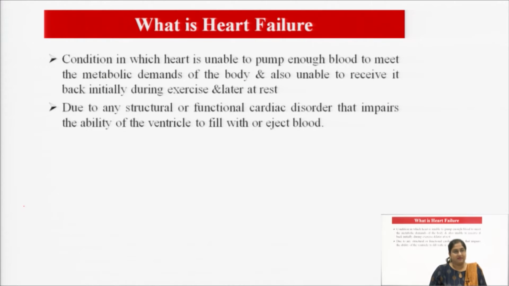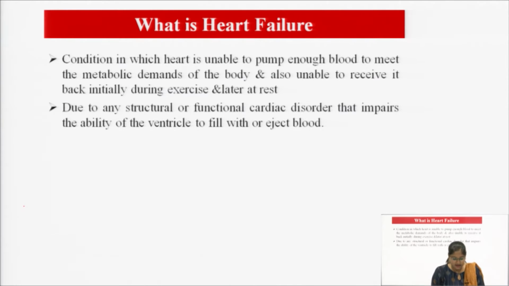And the diastolic dysfunctions are also there. First is when the ventricular wall gets thickened. If the ventricular wall gets thick, what will happen? The pumping action of the heart will not be proper, there will be some storage or accumulation of blood in the ventricles. So, they can lead to improper pumping of the heart and ultimately congestive heart failure.